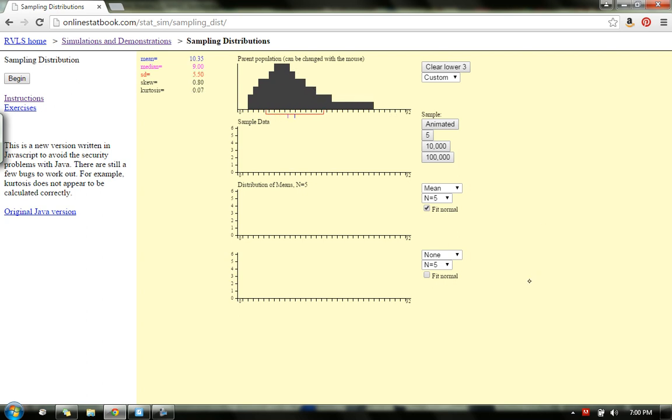Okay, I'm doing skewed data. Take a sample, mean, sample, mean, sample, mean. Okay, 5 of those in a batch, 5 more in a batch. So we can start seeing it grow closer and closer to that normal model. You see how my normal model itself is changing? That's because my sample size is changing.